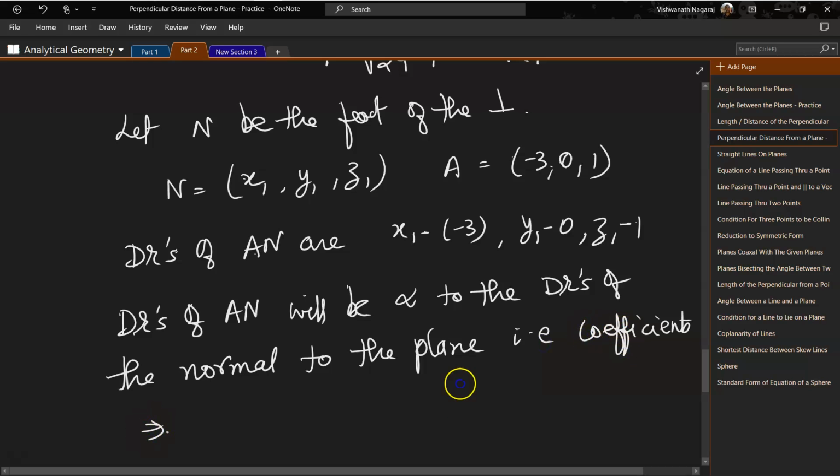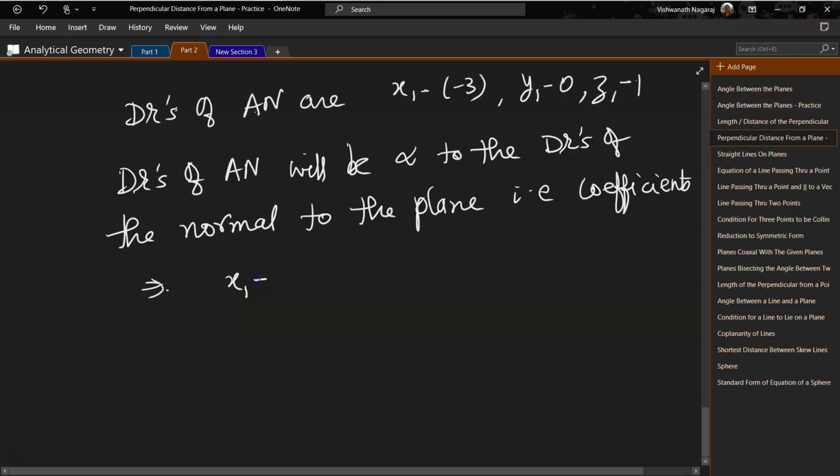Which implies (x1 plus 3) by 4 is equal to y1 by minus 3 is equal to (z1 minus 1) by 2,